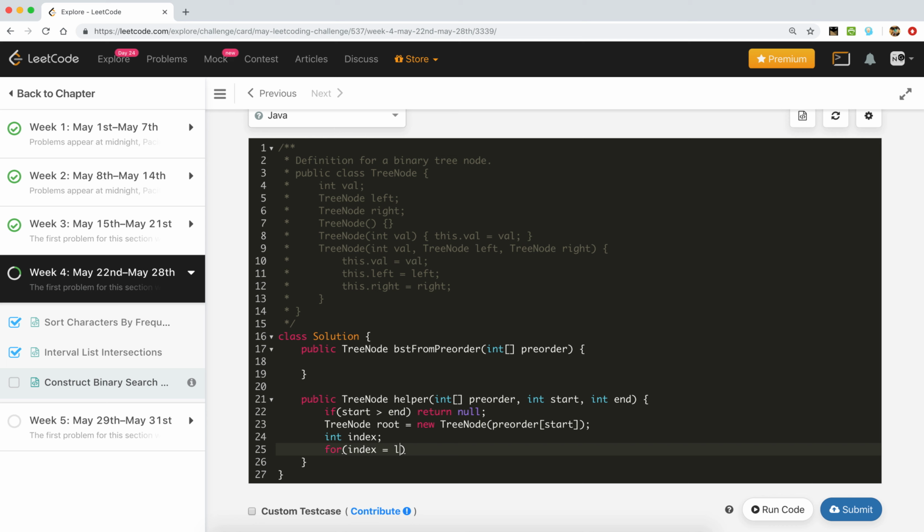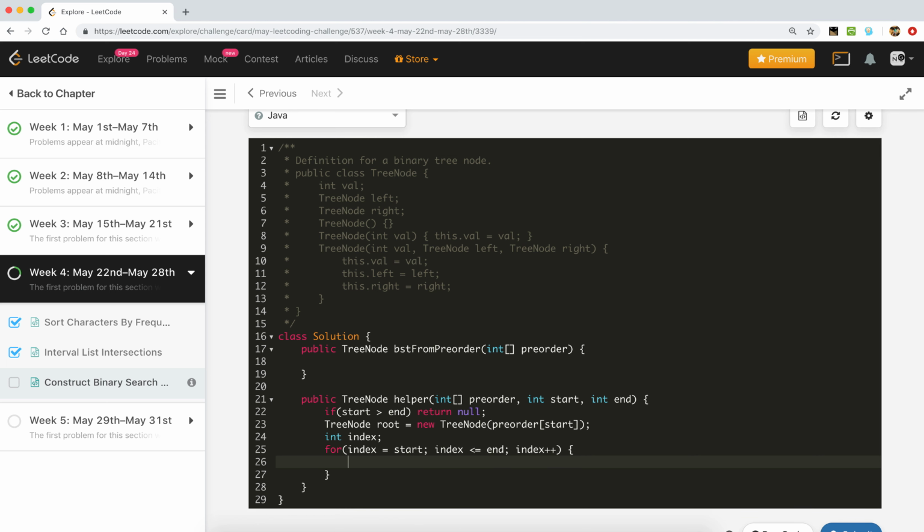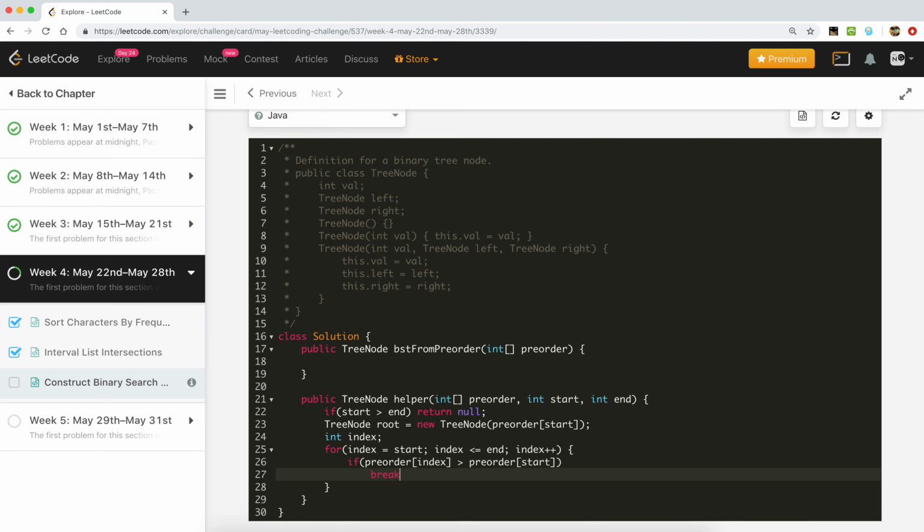Index is equal to start, and it will go while index is less than or equal to end index, index plus plus. If pre-order of index is greater than pre-order of start, which means we found the point where the left subtree and right subtree division is happening, then we will simply break that loop.